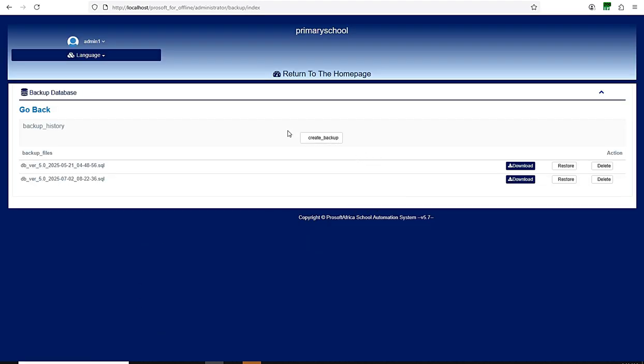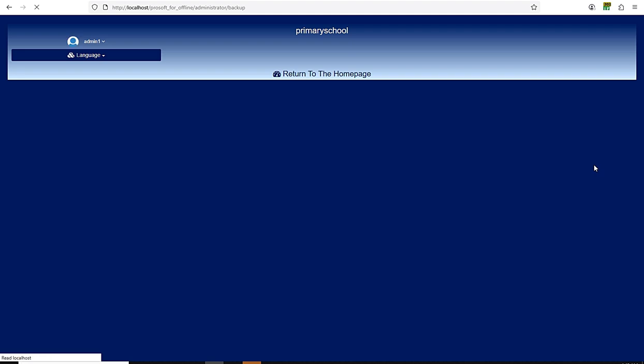Backup database is where, as you are working with your system, it is of paramount importance that you always save your data, as you keep on registering your students and filling marks. It might be your system crashes. If you create a backup, it's going to save all your configuration that you can store in a USB or an external drive. If anything should happen, you can always bring back your data. So like here, these are some backups which I can fully delete. So once I delete that,